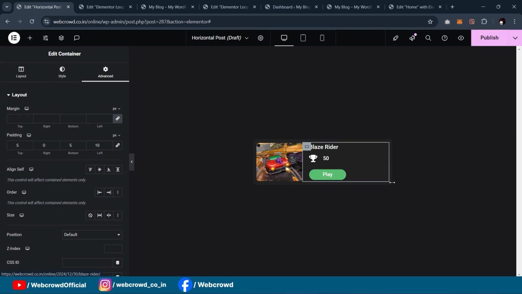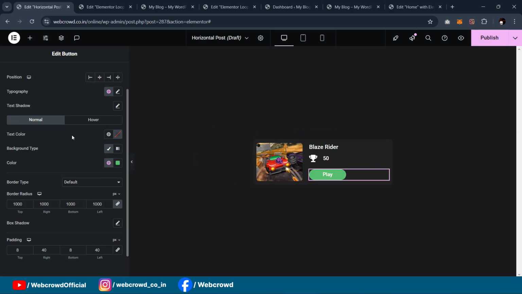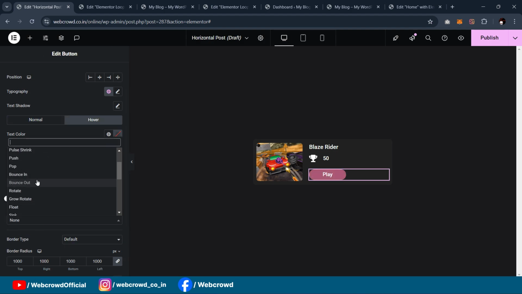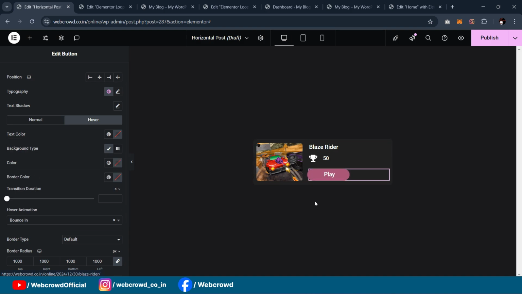also add the hover effect on this button. First let's change the color. Now go to hover and inside the hover animation, so I will give it like this. Okay,